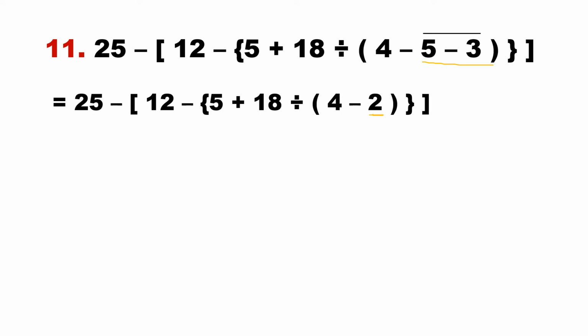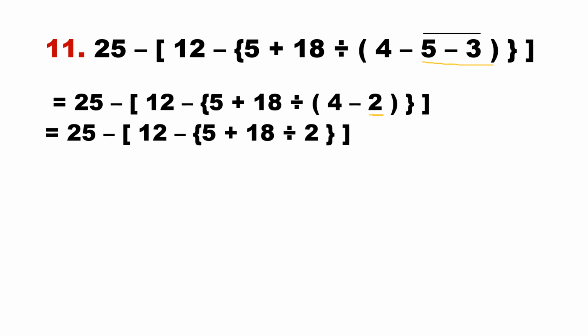Okay. So now, what is my sum now? I have a small bracket to solve now. So 4 minus 2 is what? 4 minus 2 is 2. So in the next step, I will write, instead of this 4 minus 2, I will write it as 2. Look here. So this bracket goes off. Now I have the curly bracket. Now again I have a choice, plus and divide. Okay, so I know the BODMAS rule says first you divide and then you add. So I have to divide first.